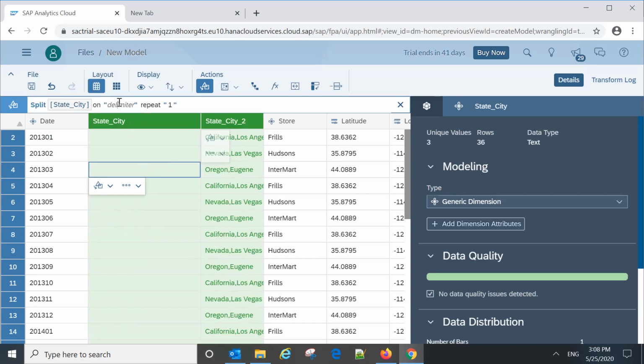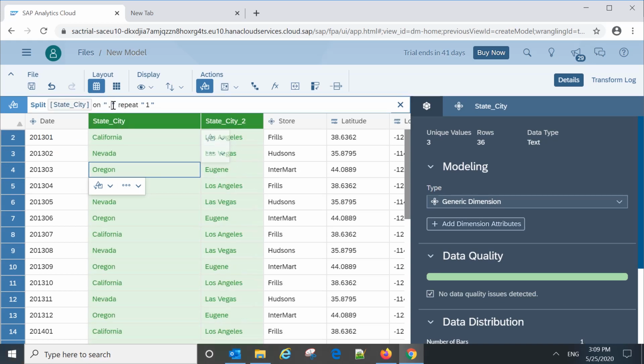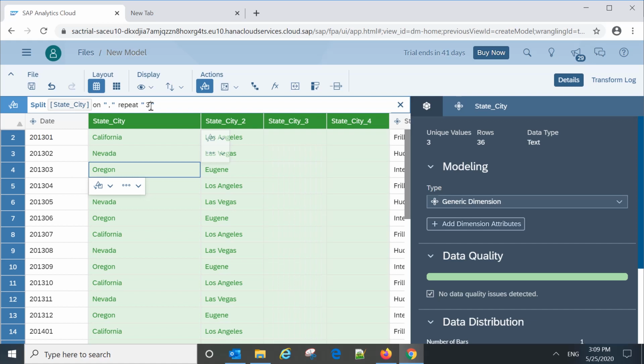So we can split with this delimiter, which is a comma. In this column, we want to split with this city, and we can repeat. Suppose there are 4 values separated by commas, then we can create 4 columns like this.